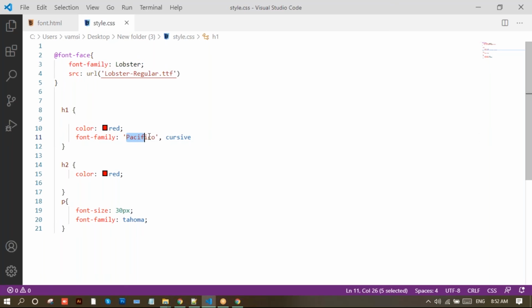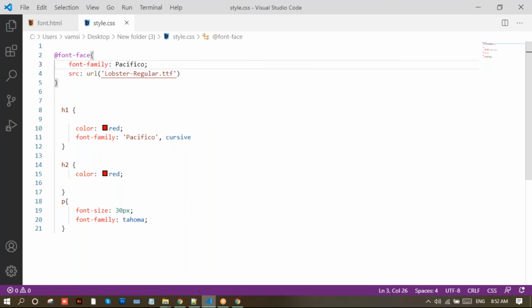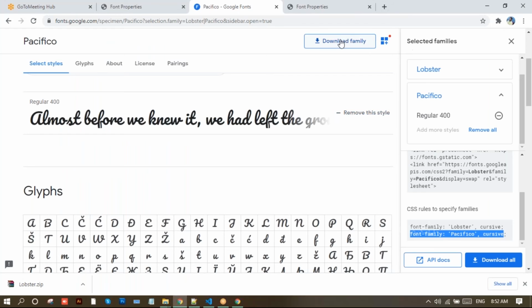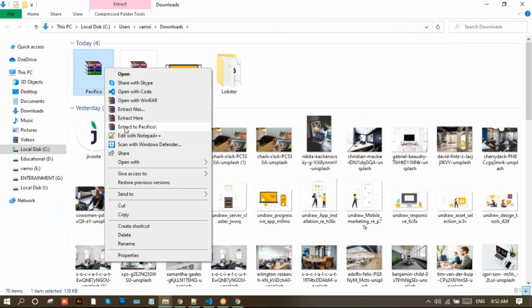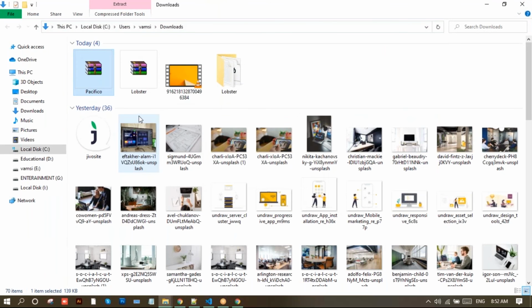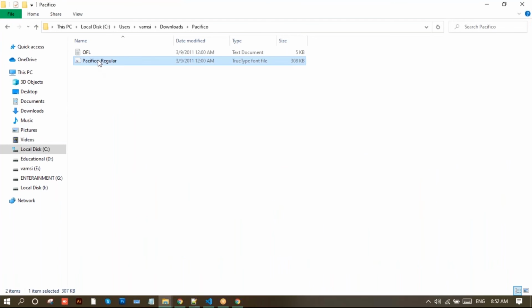I'll copy this one and I'll paste it there. Now here I copy this name and also paste it here. Now you can download this font, download this font family. So this will be downloaded. Show in folder. Just extract this font